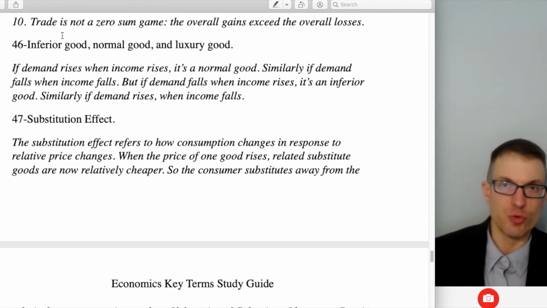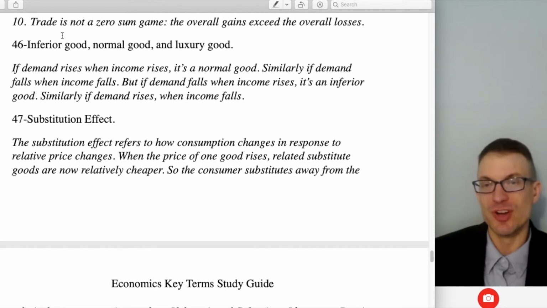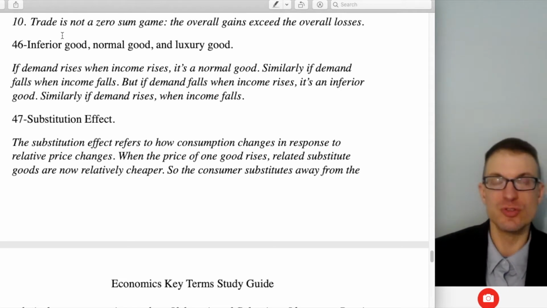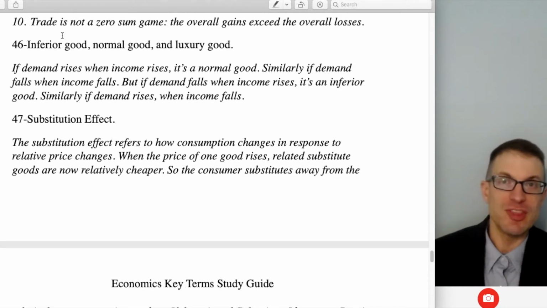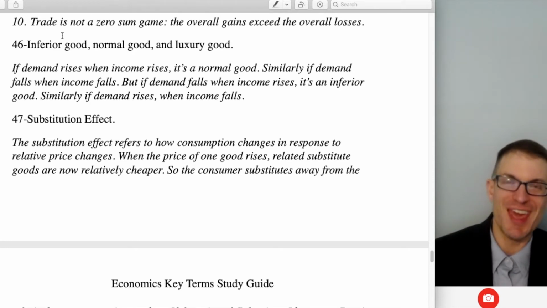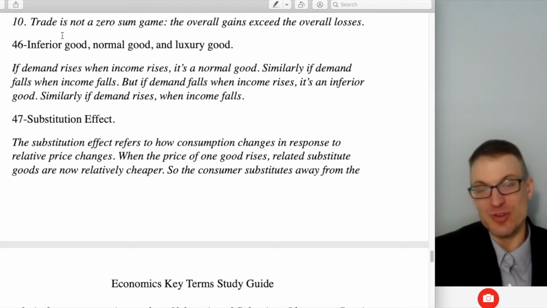With free trade, there's winners and losers. We say the winners win more than the losers lose. With protectionism, we say there's winners and losers, but the winners win less than the losers lose. Such as when there's tariffs, that benefits the domestic productive interests that are protected by the tariffs at the expense of domestic consumers and at the expense of foreign producers, but at the benefit of foreign consumers.